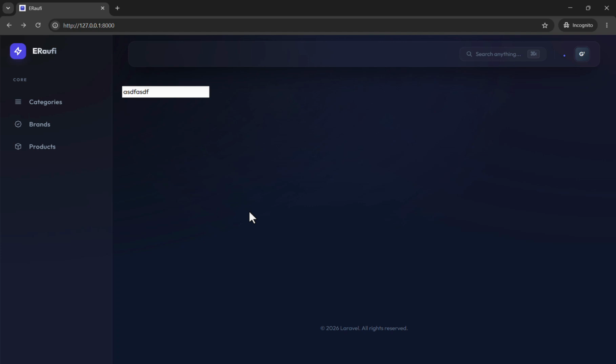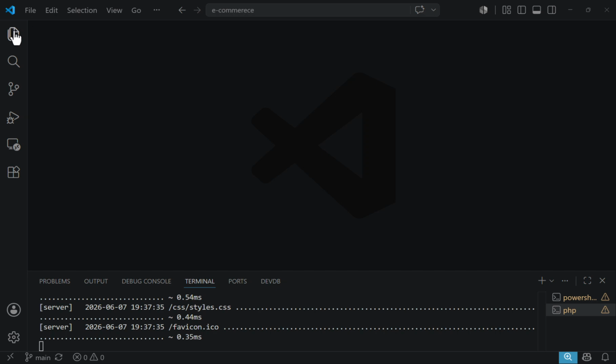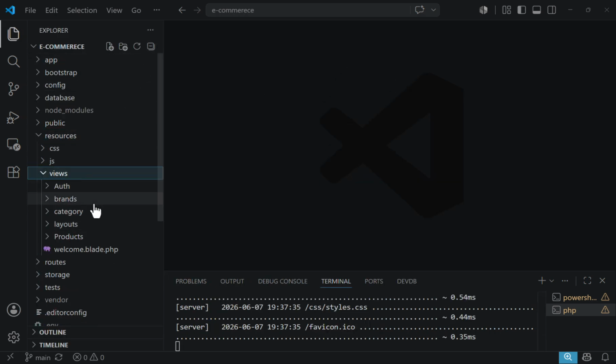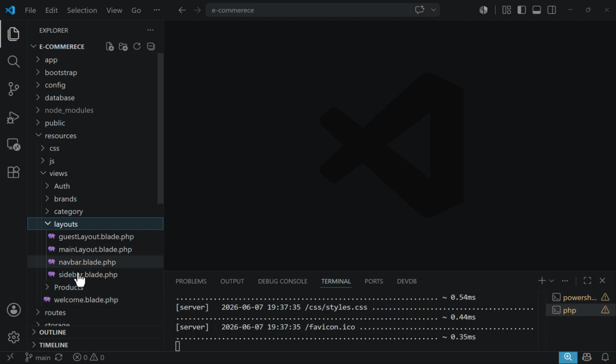Now in this video, let's create our log out button so the authenticated users can log out from the system. So first of all, let's show the user name here instead of guest. Let's open our VS Code and let's go to our layouts. So resources, view, layout, and in my